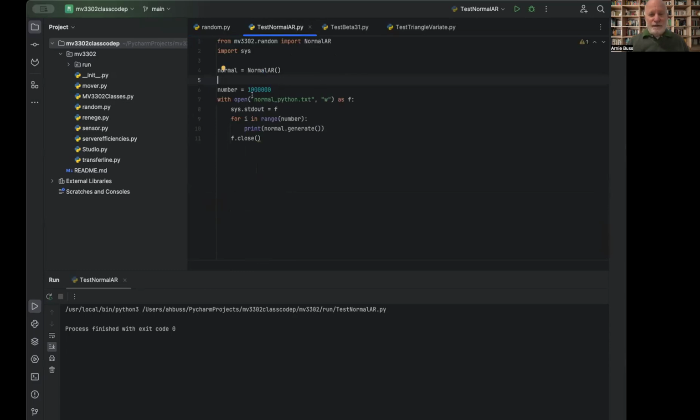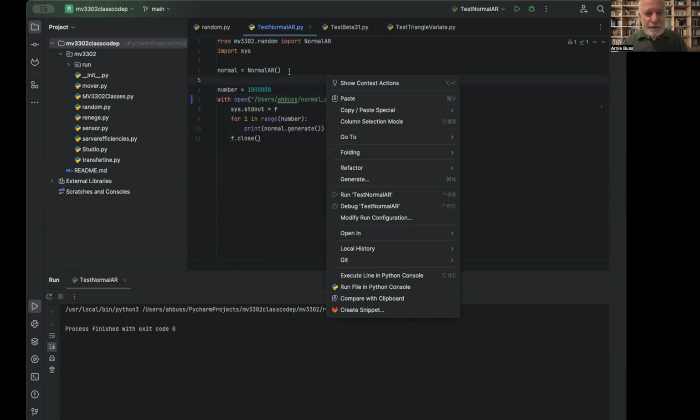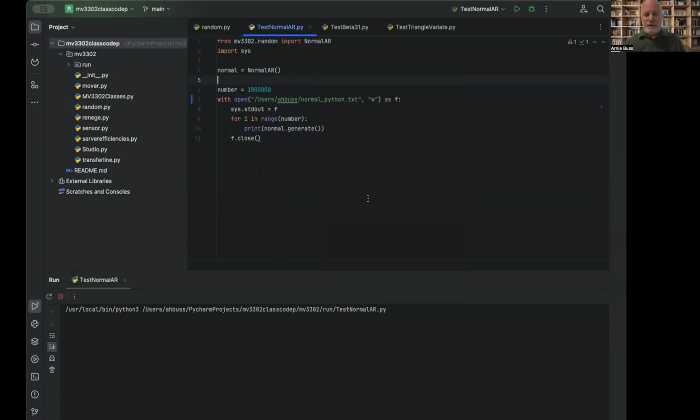And then since I'm having a hard time finding these things, I'm going to put this in my home directory just to make it easy. And let's see, how many am I generating? Let's do 1 million of these as well. And then if we now go and read that in,